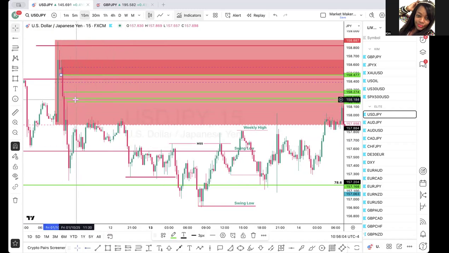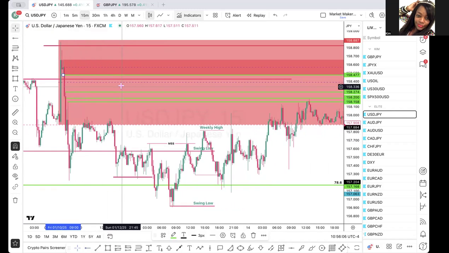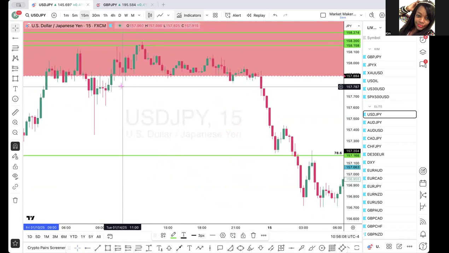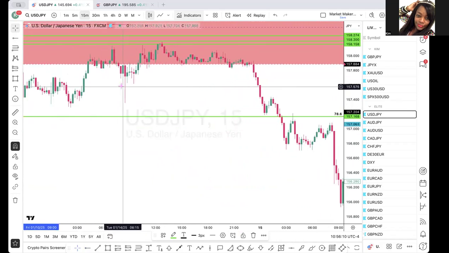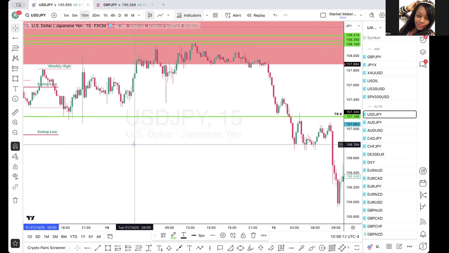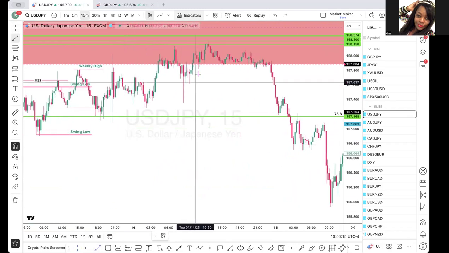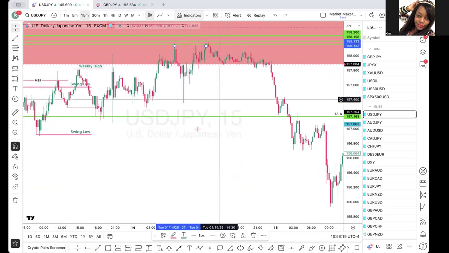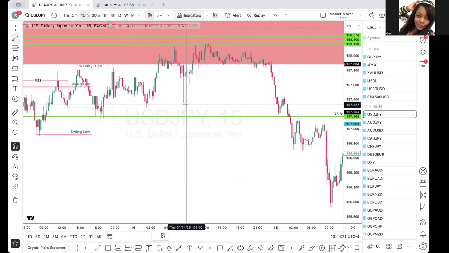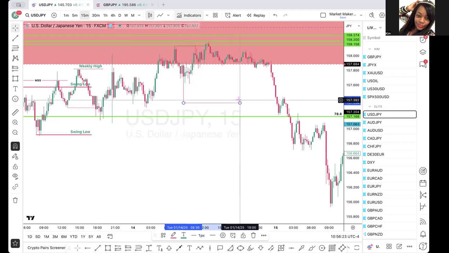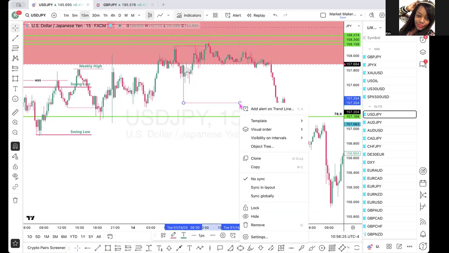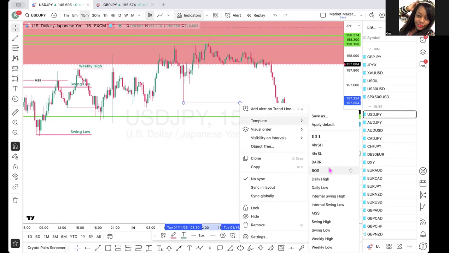And so you have the imbalance here, and then you have the imbalance here. And yes, it went to the first imbalance, but based on market structure, you had this swing break of structure here, and then this swing low here. So if you're on the lower time frame, make sure you're marking up the right swings, swing low,